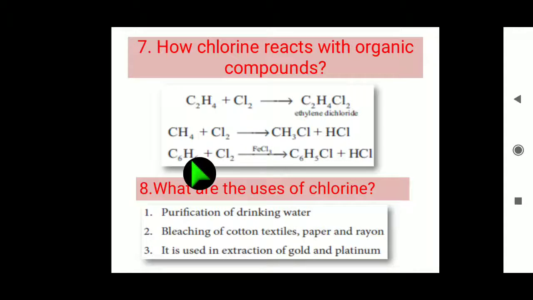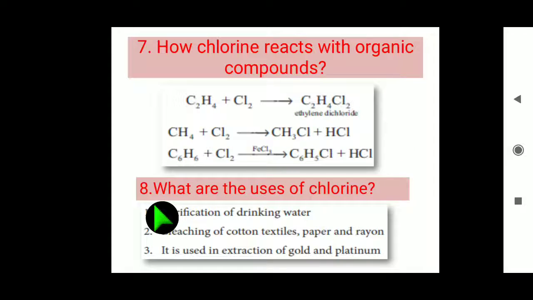Okay, third equation, that is also substitution, aromatic benzene, C6H6 treated with the chlorine gas in the presence of ferric chloride. In the presence of ferric chloride only, the chlorobenzene will form. Suppose you are not adding the ferric chloride, we will not get the product. So ferric chloride is important, it acts as a catalyst. Here one hydrogen is replaced by the Cl, that's why HCl will come out, remaining C6H5Cl. Chlorobenzene will form.